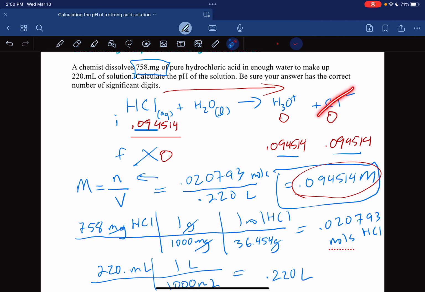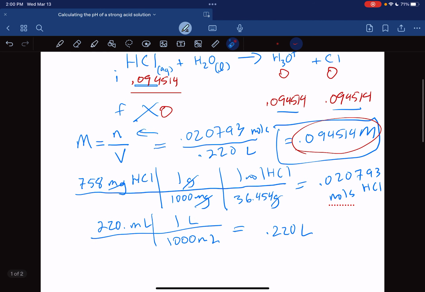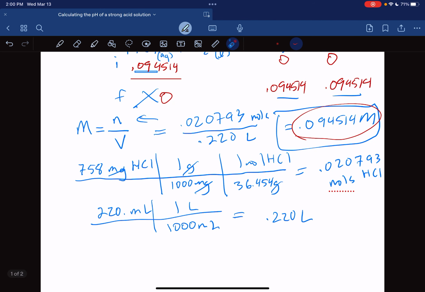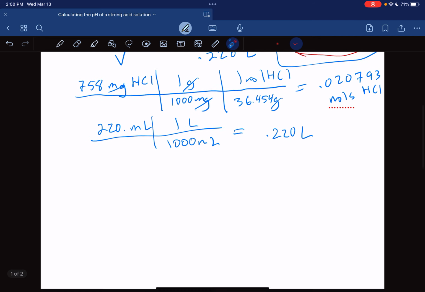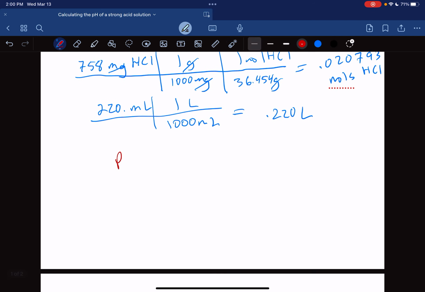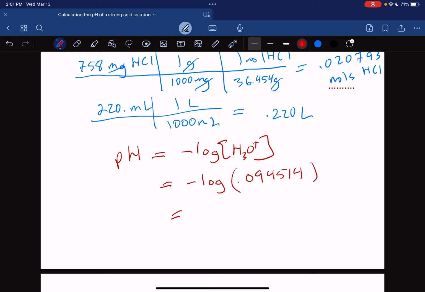But we don't care about the Cl minus. We only care about the H3O plus because they asked us in this problem to solve for pH. They did not ask us to solve for pCl. So all we have to do is take the concentration right here and take the negative log of that. So let's write another equation down here. We're going to say pH is equal to the negative log of my H plus concentration, or H3O plus concentration, however you want to write it. And when we do that, we're going to have the negative log of 0.094514. And when we do that, we end up with a pH of